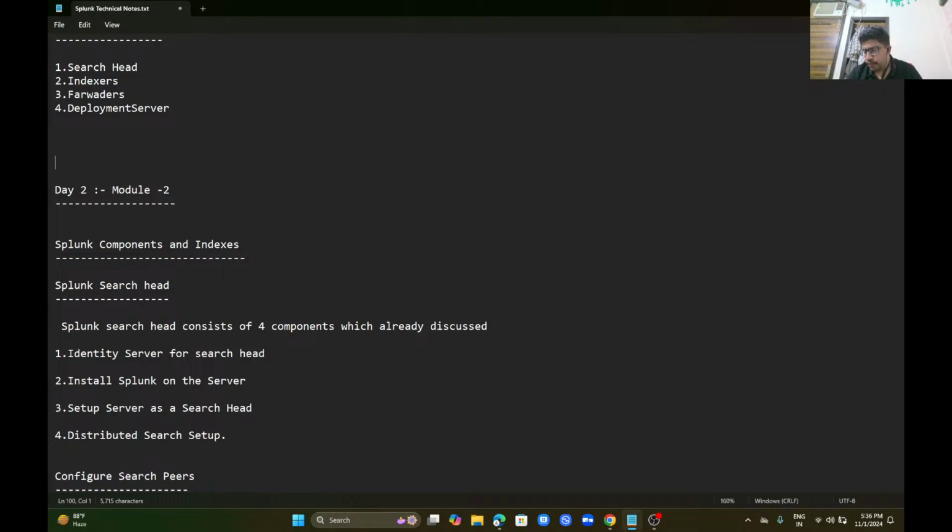Okay, Module 2: Splunk components and indexes and such headers. It is a continuation of yesterday. Yesterday we discussed about the Splunk overview